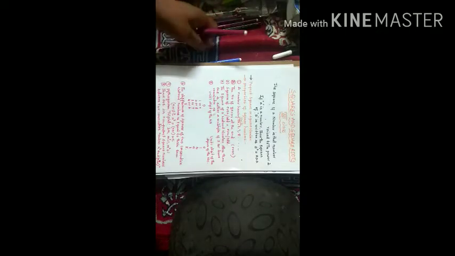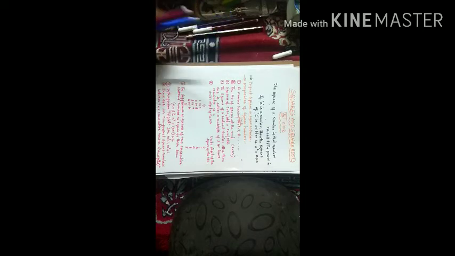So today I want to explain squares and square roots. This is your 8th class 6th chapter in your NCERT. In this chapter I want to explain what is a square number and what is a square root, and what is a perfect square number and what are the properties of square numbers.